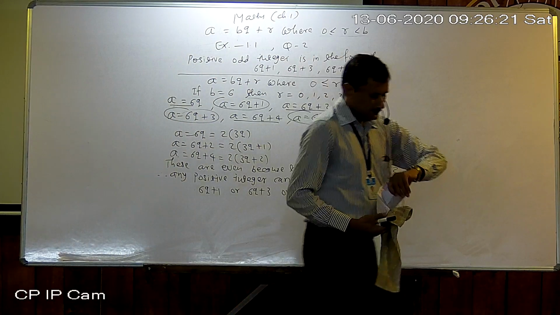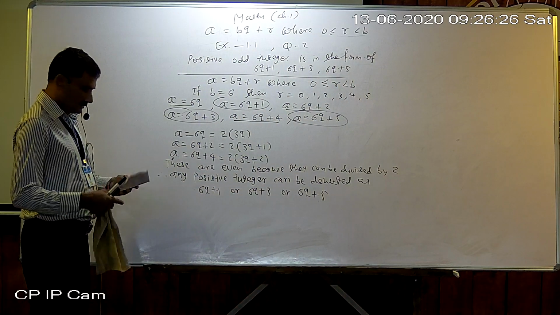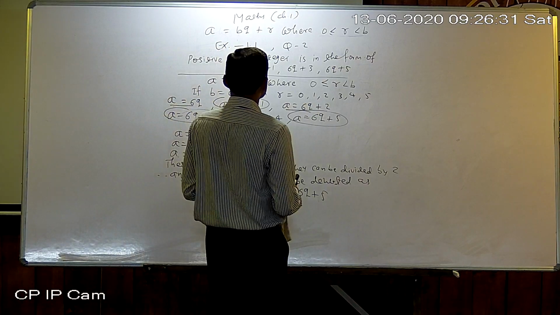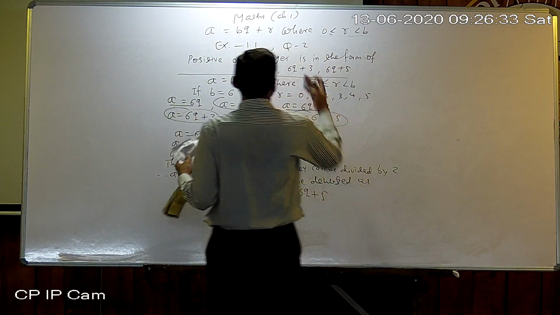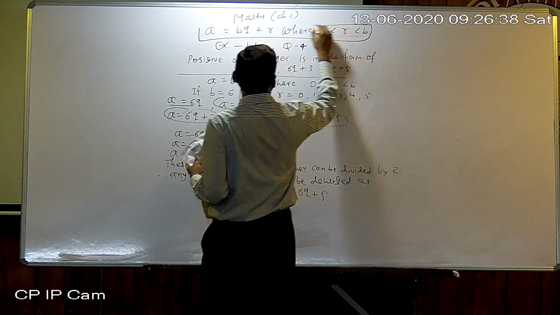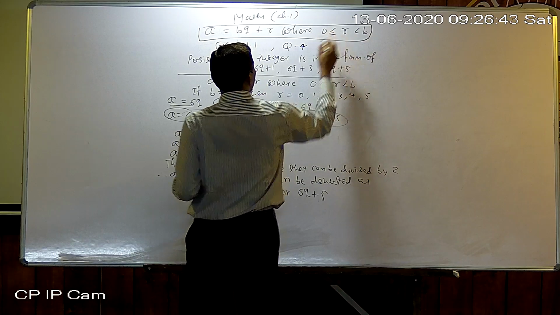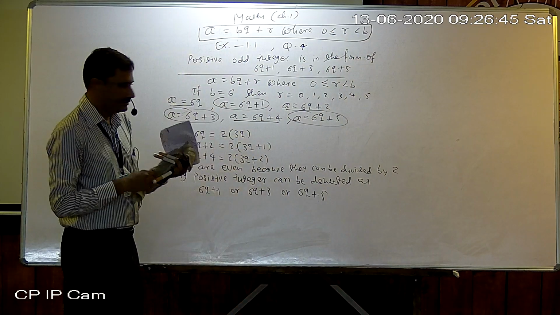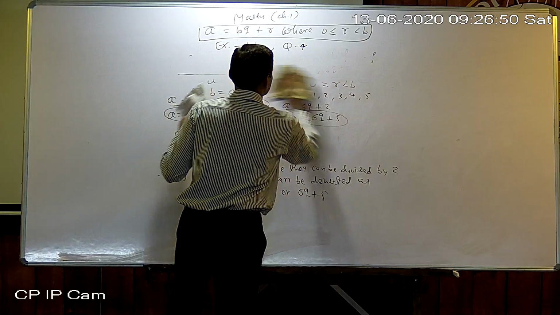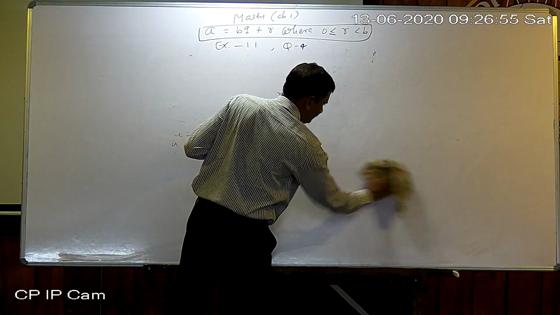Okay, next one. In the same exercise, there is another question. I am writing on the board question number 4 of exercise 1.1. This is our main part. On the basis of this one, we solve all questions here. So now I remove this part. Look at number 4. You should read it twice before starting.